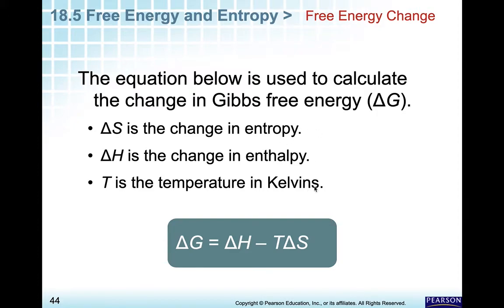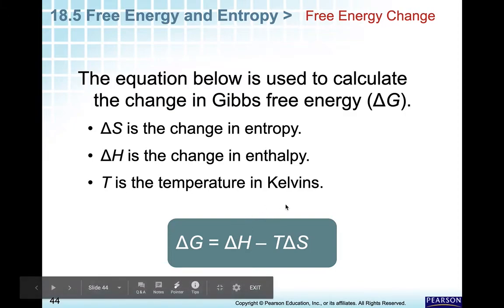And the entropy term is delta S times T, because remember, entropy depended on temperature. At higher temperatures, the entropy change is going to matter a lot more. At higher temperatures, molecules, atoms are moving faster with more energy. Their level of chaos, disorder, randomness becomes a lot more important. So these two factors come into play here in this equation to tell us if a reaction is going to